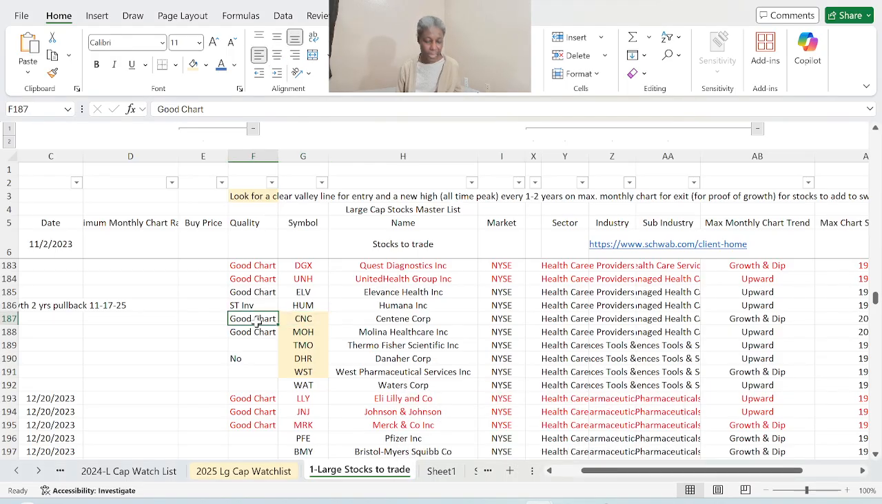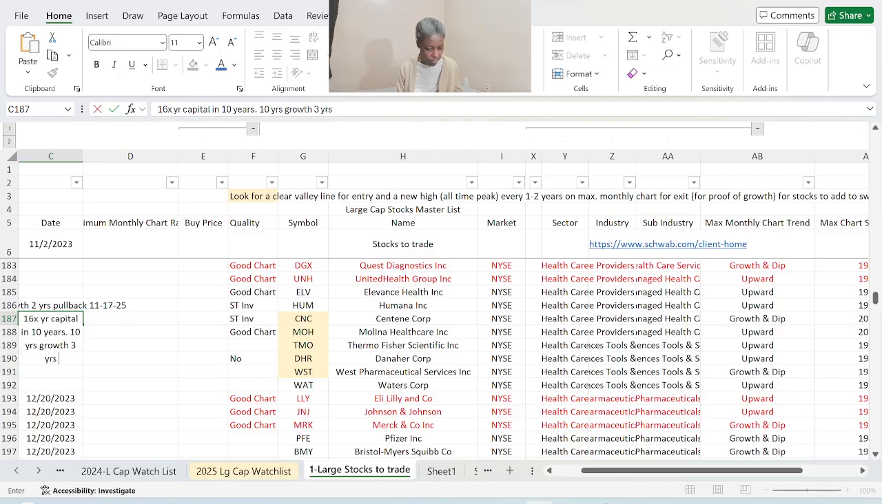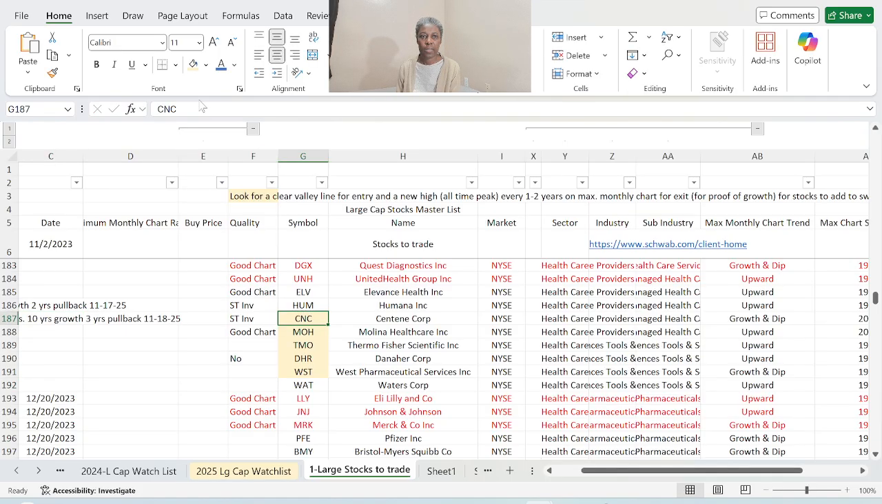So I put good chart there, but I think I'm going to put short-term investment, and I'm going to put 16 times your capital in 10 years. You can put 10 years growth, 3 years pullback. And we can date our notes. And this stock, for instance,